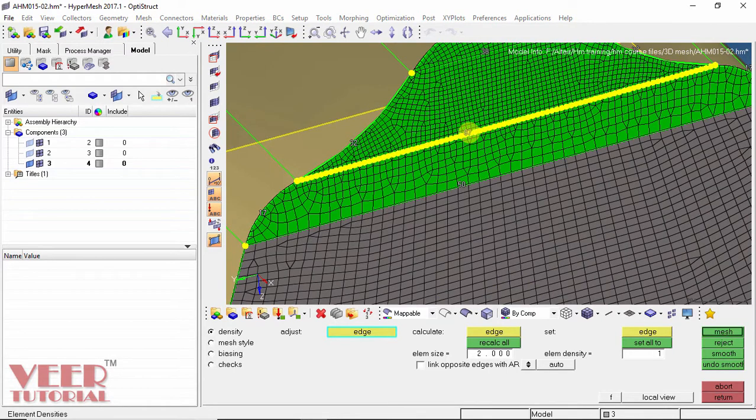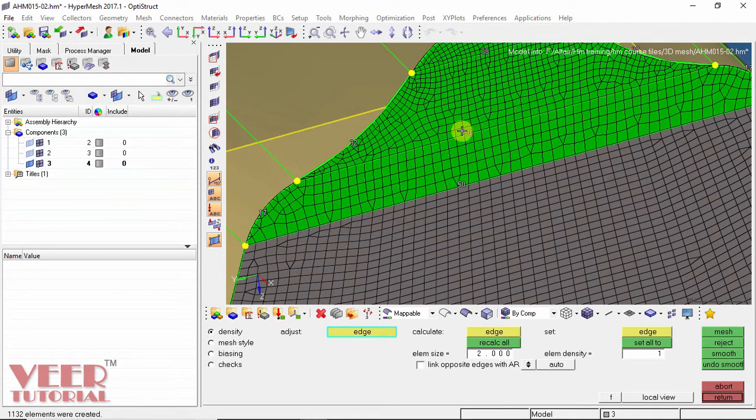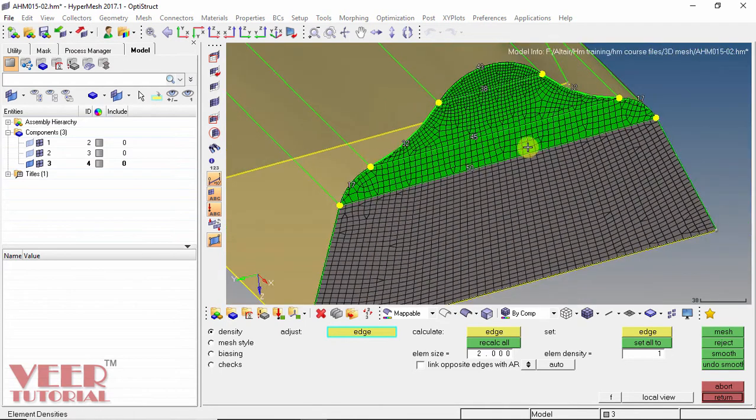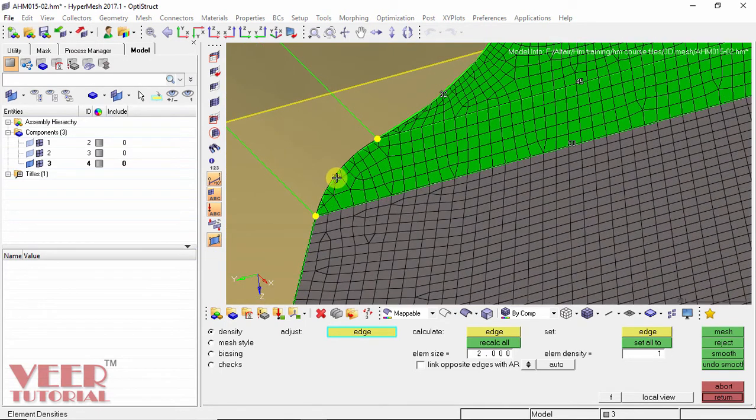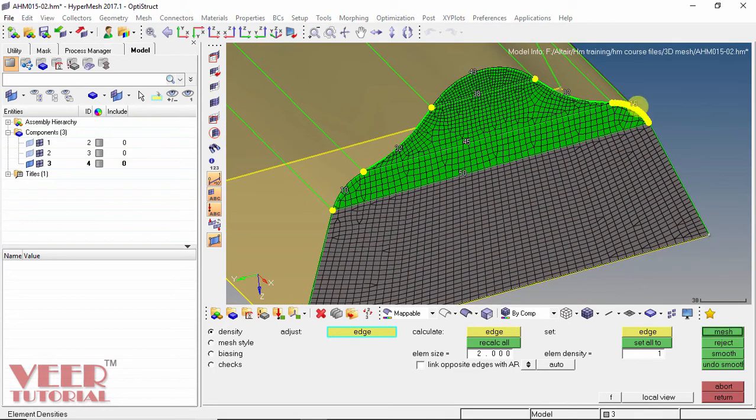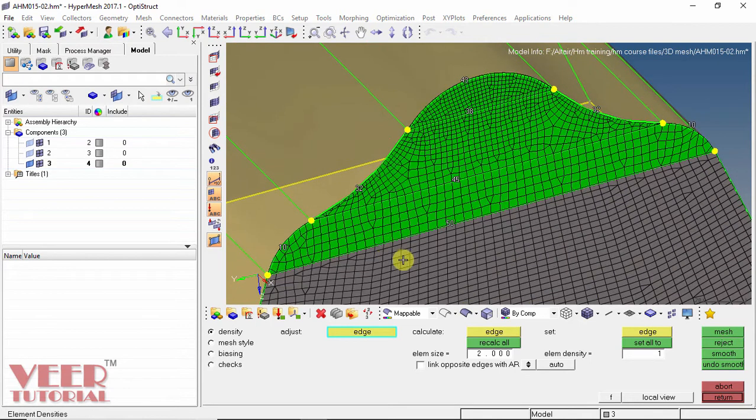Now select the number of elements. Suppose I want the number of elements on this, take some lesser elements. Suppose I select 50 elements. Okay, let us make it lesser. Make it 45. And then reduce the elements from here, 10 and then 10. Right now we are not much worried about the quality of elements. We just have to change the numbers and keep a check on the quality of the element. So just reduce the number of elements.